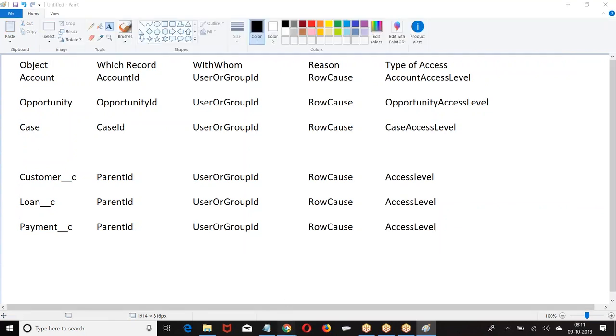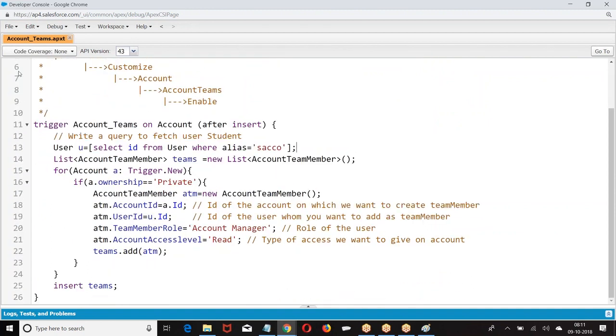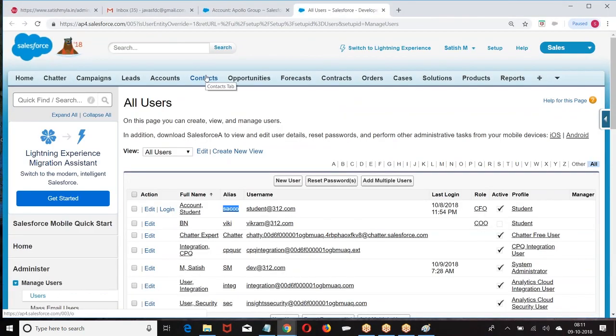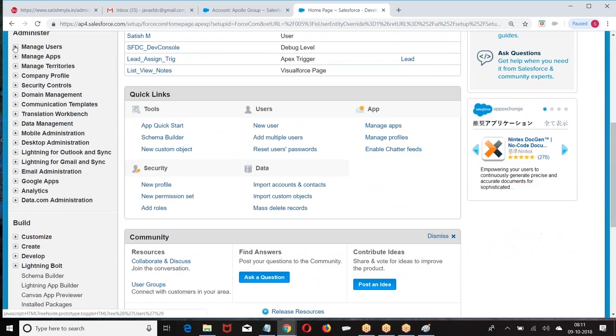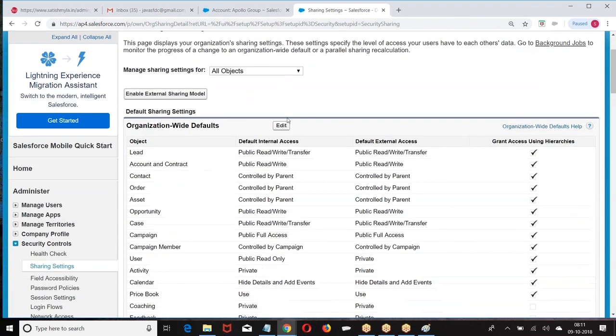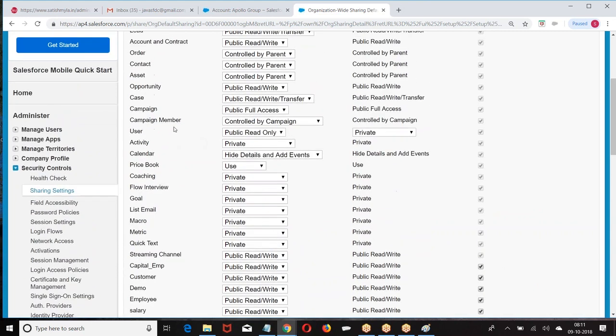So let us go with this one. First, if I want to share a record, OWD should be private or public read only. If it is public read and write, there is no need of any sharing rule, because public read and write means everybody is able to see every record. So first, if OWD is private or public read only, then only we can perform this. Go to opportunity.